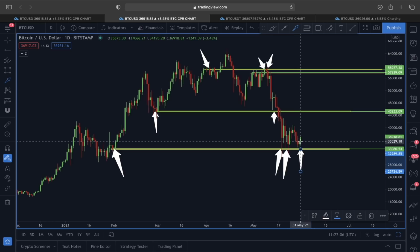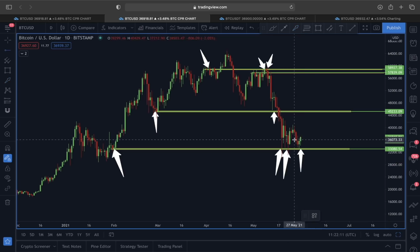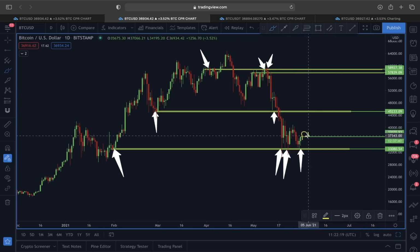And also we are expecting, if the price is going to close somewhere around here, let's say around 36,500, 36,900, doesn't matter. So if the monthly candle is going to close somewhere around this, and the new month is also going to start above this monthly candle label, that could indicate we could see some potential impulsive move. And in that case, the same line which previously acted as a support